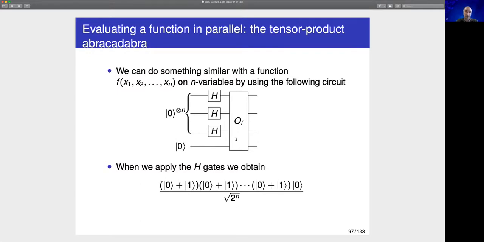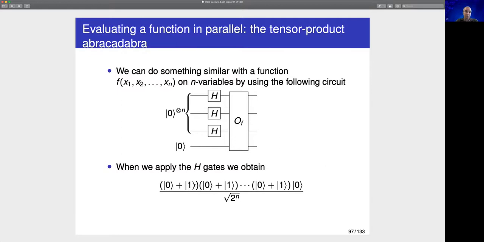Then we are going to use the oracle. So if we apply the H gates to this initial state, which is 0 on all the qubits in the input and on the qubit that we are going to use to recover the output,